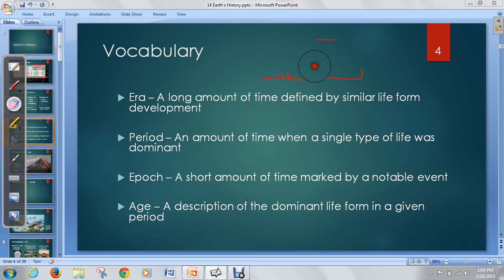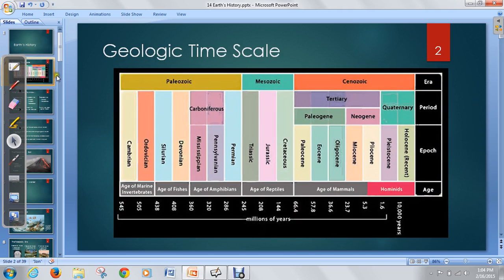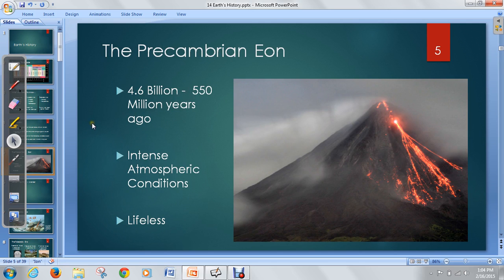I know that's a lot of notes, but hopefully this gives us a basis for what we're talking about, a good framework that we can look at. Let's look at each one of these individually. Going back to this time scale, we had the Paleozoic, Mesozoic, and Cenozoic era, but notice this only goes to about 550 million years ago. So what happened with all that time before then? We call that the Precambrian eon. The Precambrian time is about 4.6 billion years ago to 550 million years ago, since the Earth formed to about the Paleozoic era.